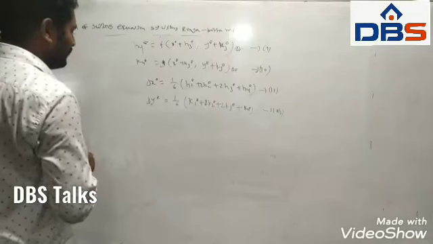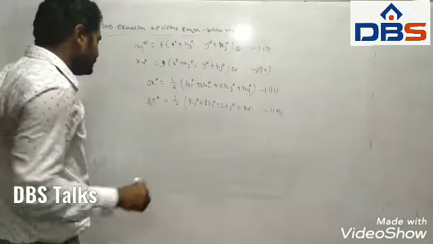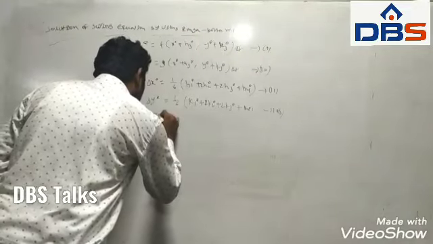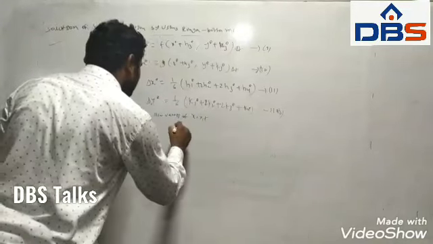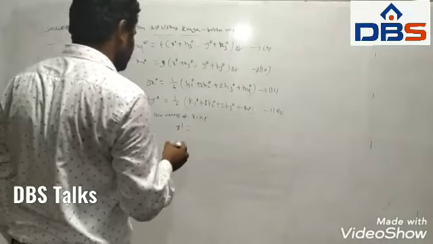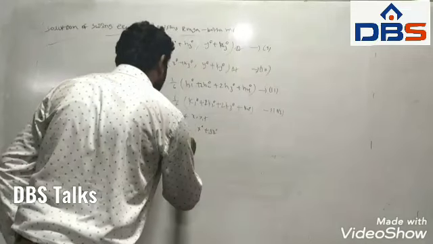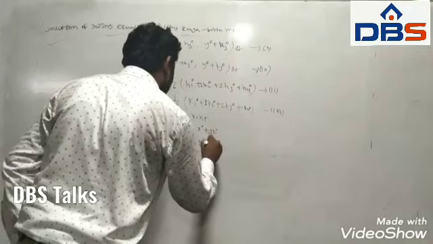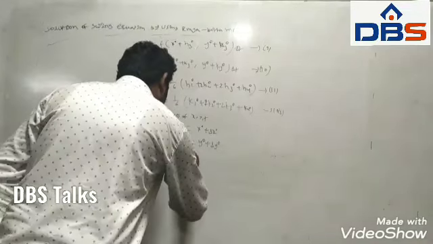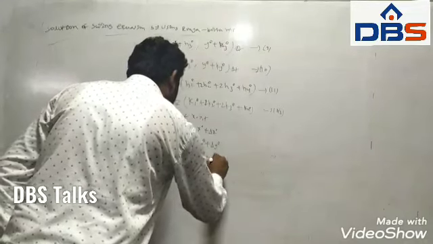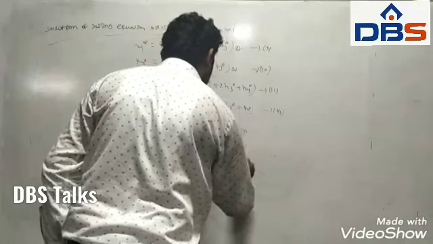And here we have to compute the new values of x, y and t, that is the initial conditions. That means we are writing the new values of x, y and t. So it will give x power 1 is equal to x power 0 plus delta x power 0, y power 1 is equal to y power 0 plus delta y power 0, and next t power 1 is equal to 0 plus delta t. So treat these equations as 13, 14 and 15th equations.